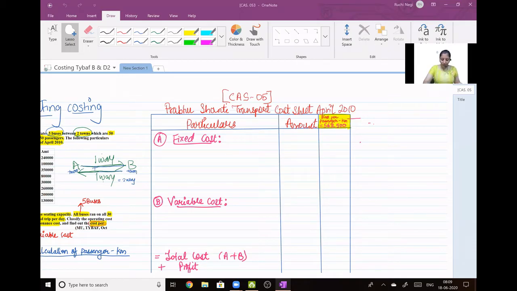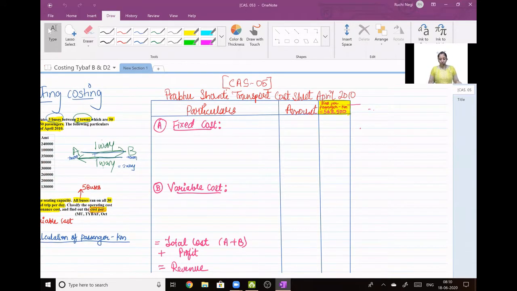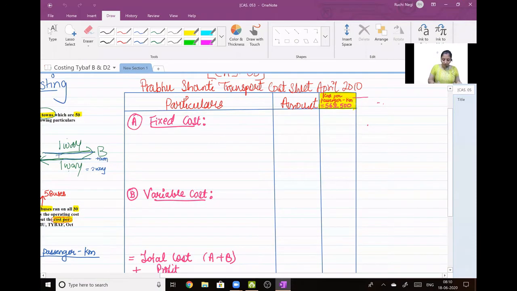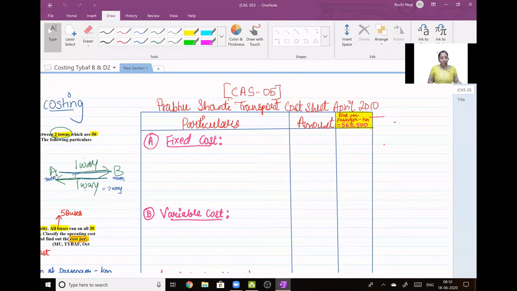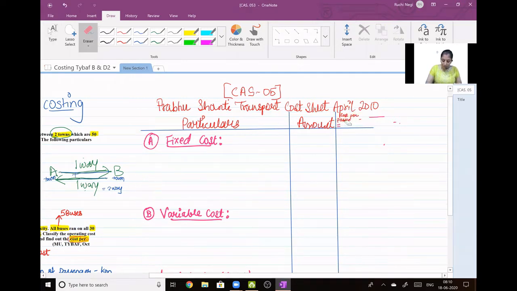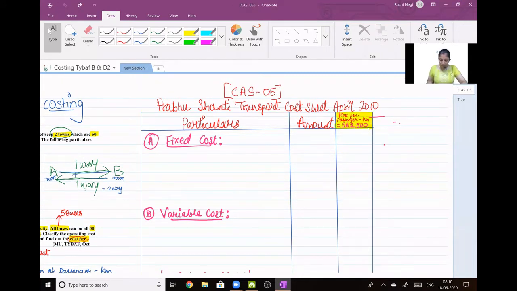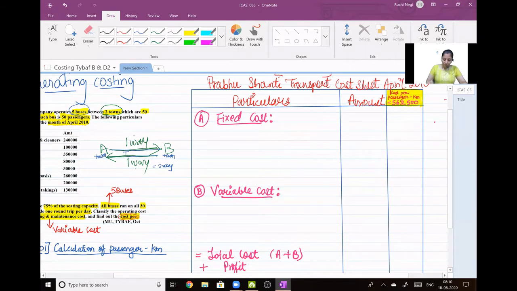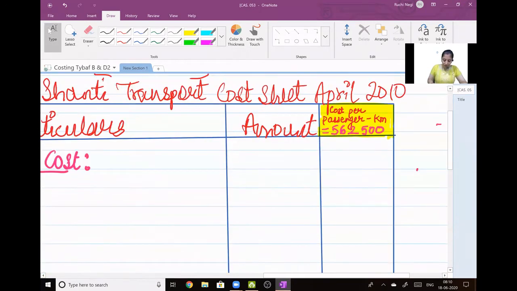Okay, mention the heading as CAS 5. Then particulars column, amount column, particulars column, amount column. Okay. Particulars column, then the amount column, and as I told you in the last lecture,